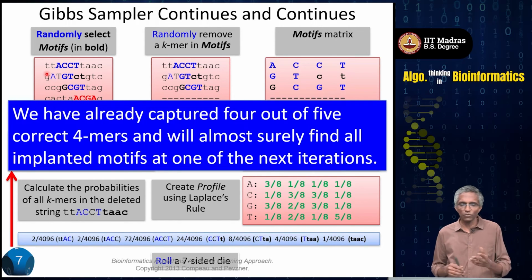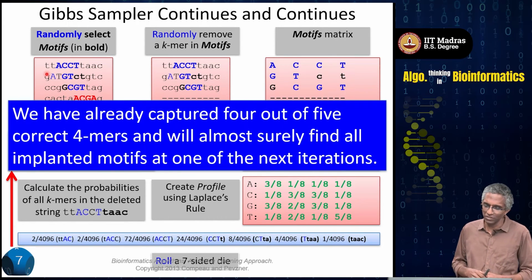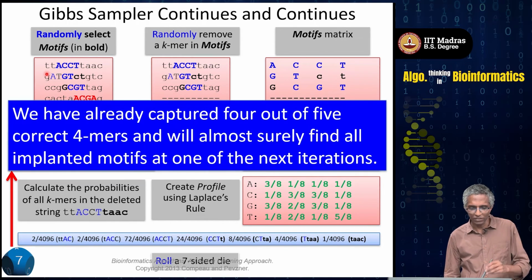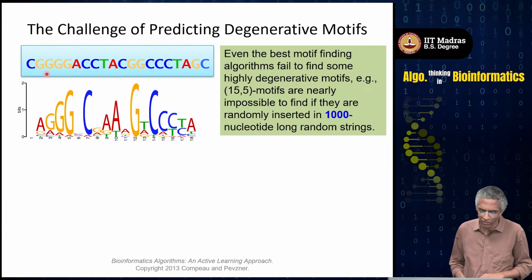So we have already captured 4 out of the 5 correct k-mers, and if you repeat it one more time or a few more times, you will almost surely find all the implanted motifs, including in the second sequence that we have not found so far. So that completes